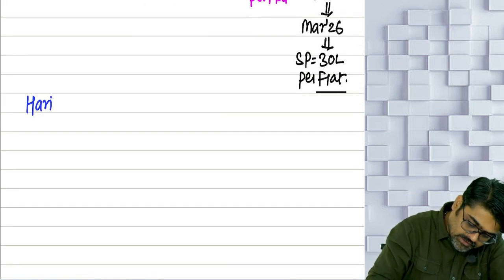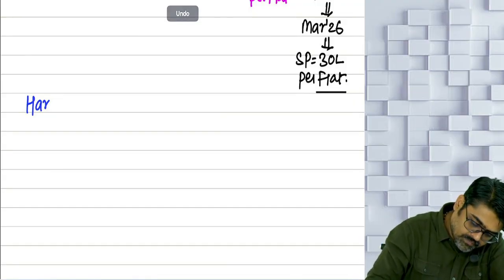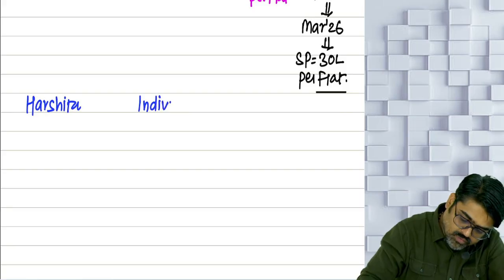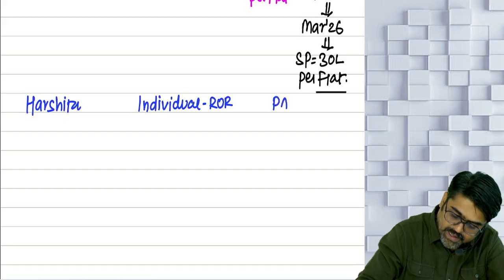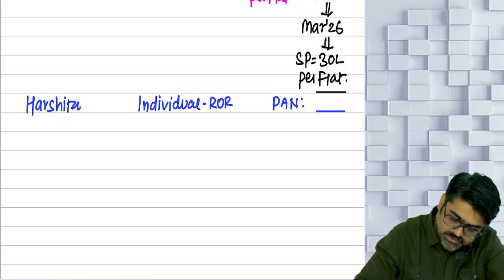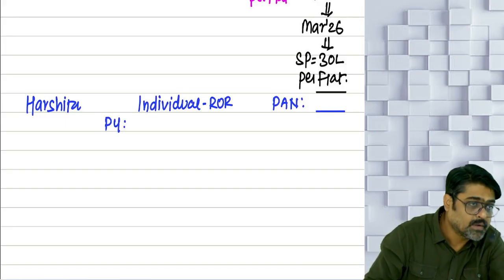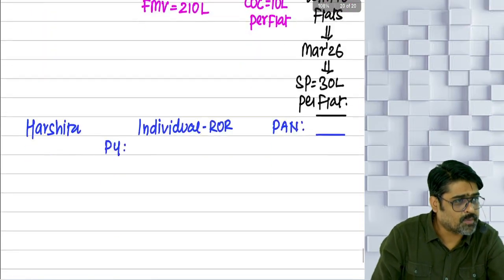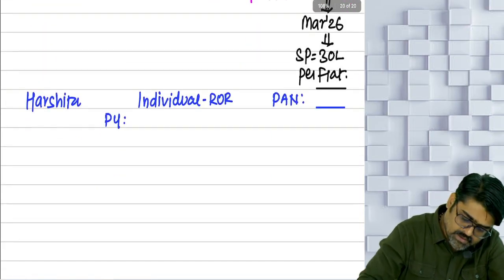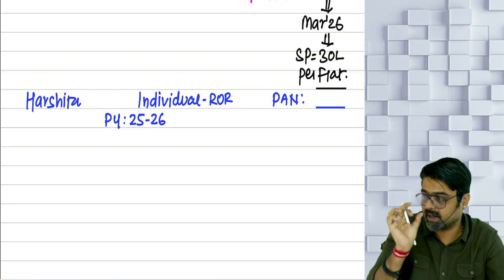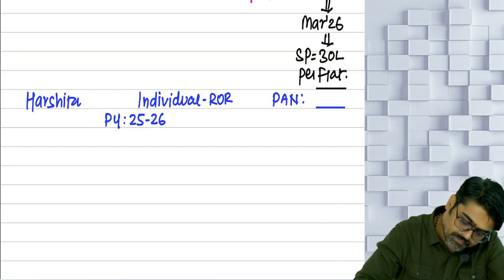So Harshita is the assessee. She is an individual ROR. Yes or no? PAN is dash. Which previous year should I write? Previous year of conversion, no? Or previous year of sale of stock in trade? And the previous year of sale of stock in trade is 25-26, because March 26 the stock in trade is sold. Assessment year